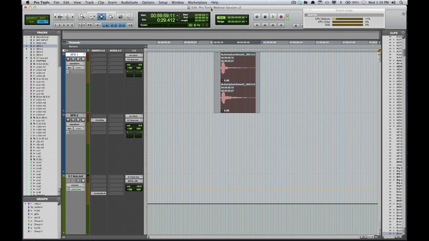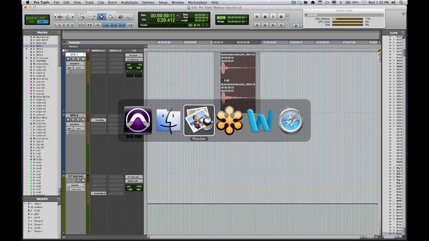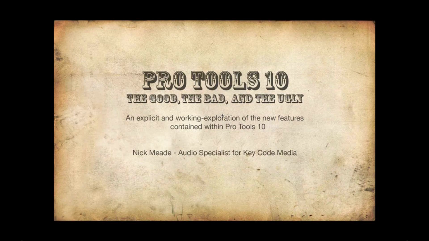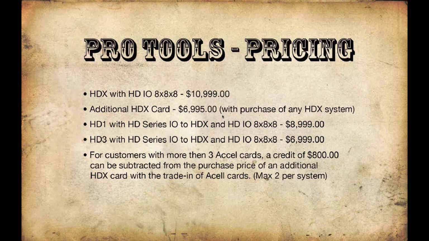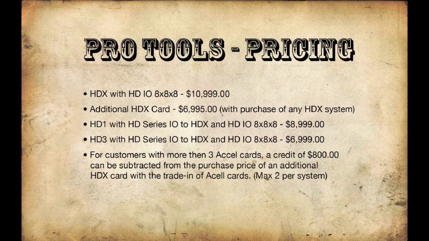The next thing I want to talk about is upgrades and pricing. There's been lots of talk. If there was one topic that was hot on the forums, I would say pricing's it. One second, guys. A little hot tea right there. Keep me going. It's not so much the pricing of the hardware; it's the pricing of Pro Tools itself.